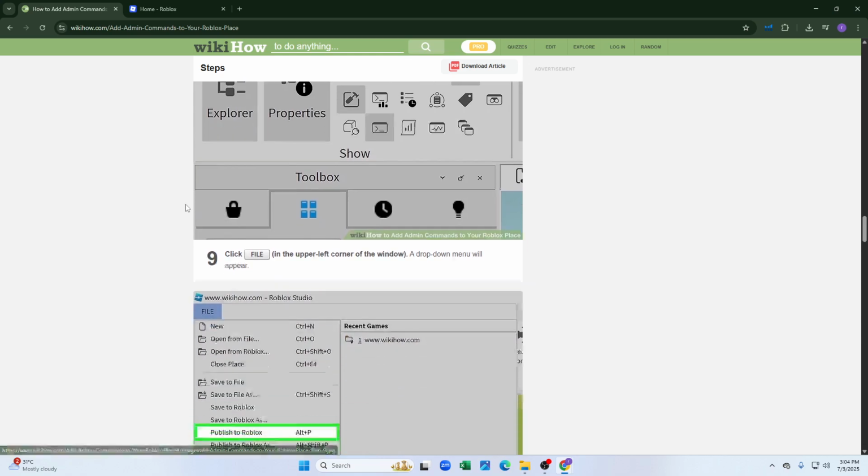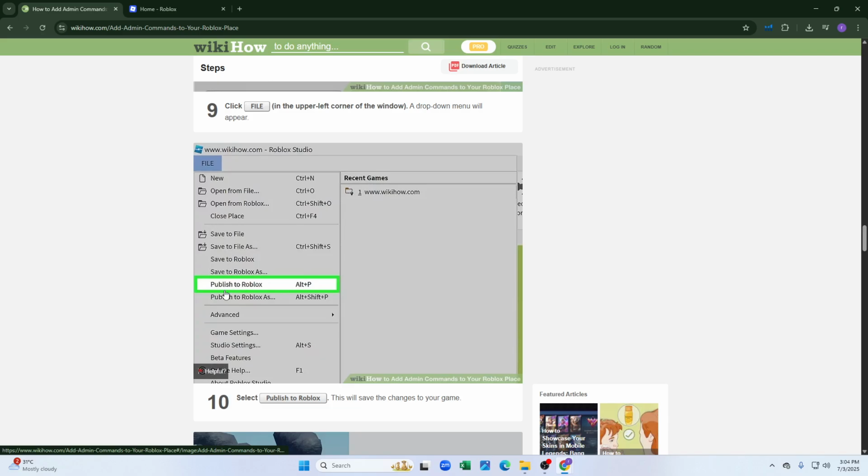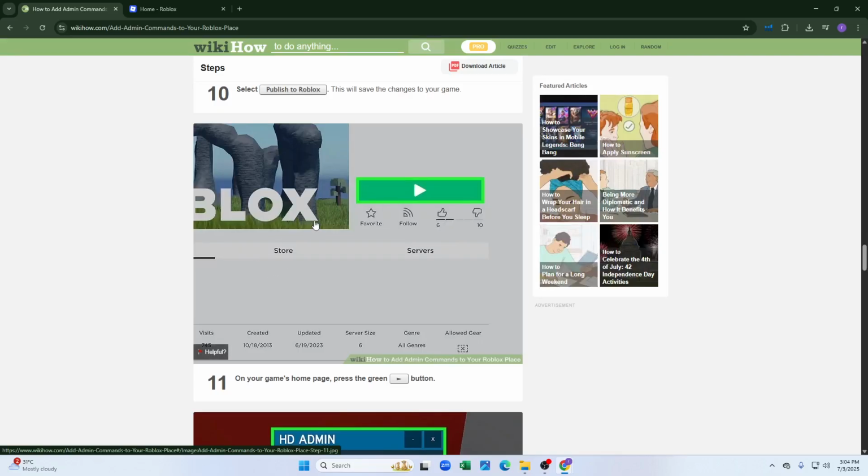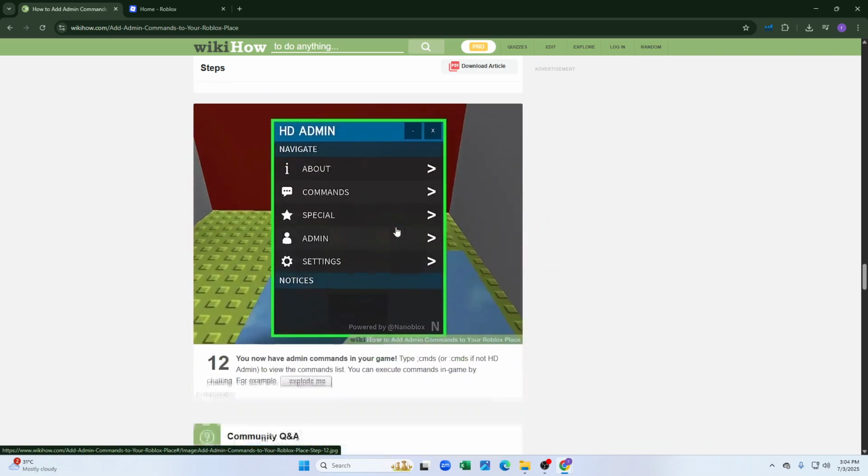A drop down menu will appear, and select publish to Roblox. This will save the changes to your game, and on your game's home page press the green button, as you can see here, and then you now have admin commands in your game. Type cmds, or cmd if not HD Admin, to view the commands